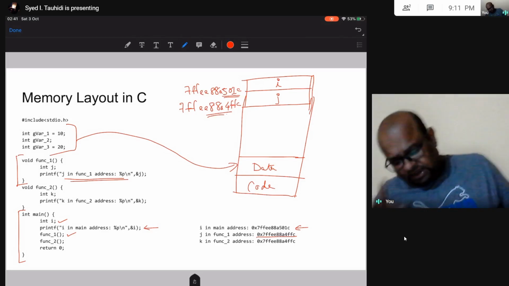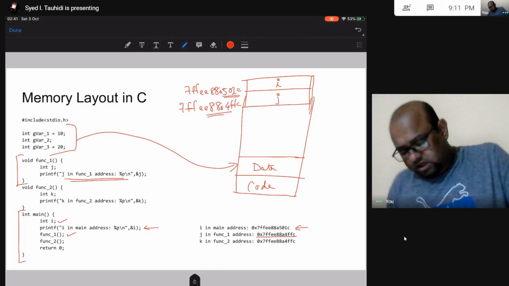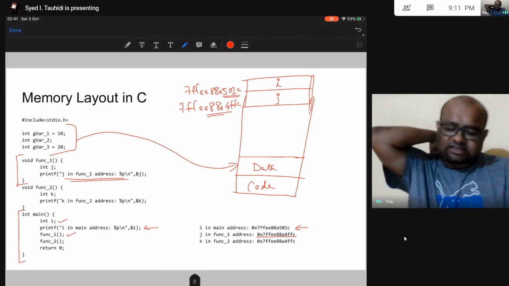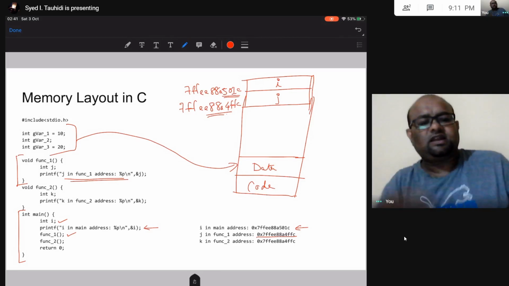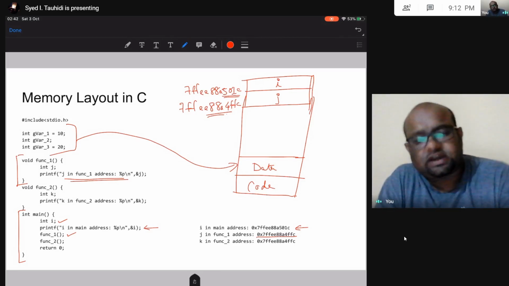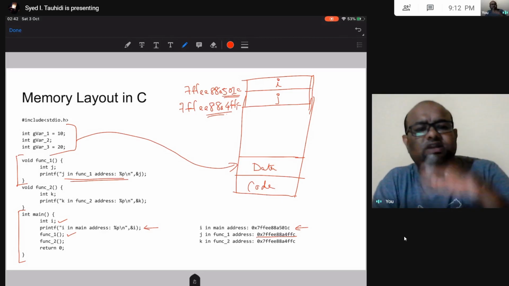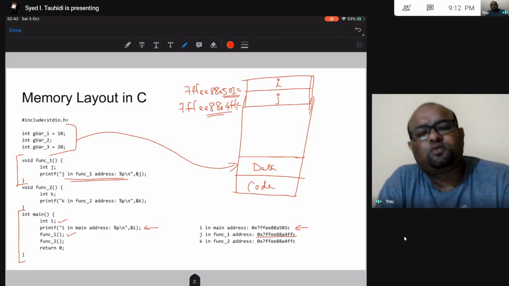Now there is one thing that I want you to notice. This i is just one integer, right? So 4 bytes should have been allocated, but it seems the distance between this i and j is more than 4 bytes. That is because when you call a function, lots of other things have to be stored in the stack.